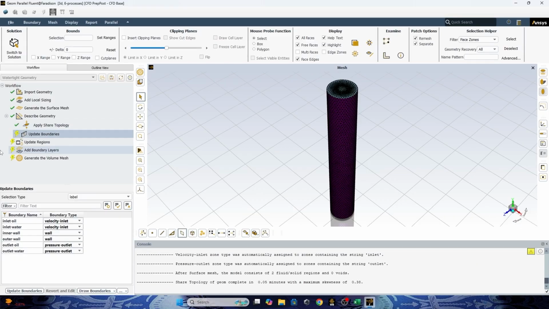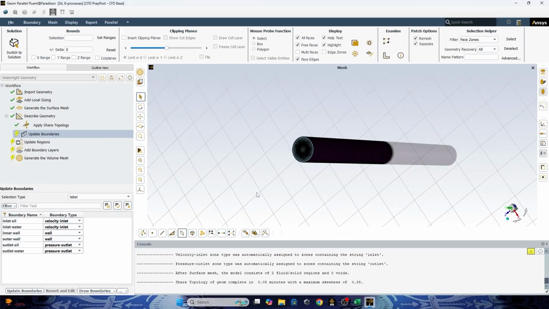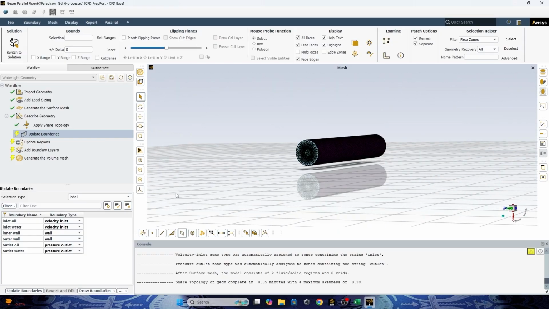Okay, then for the update boundaries, because before we already updated our boundary conditions for this heat exchanger, the software will automatically define the parameters that you already set in the geometry.